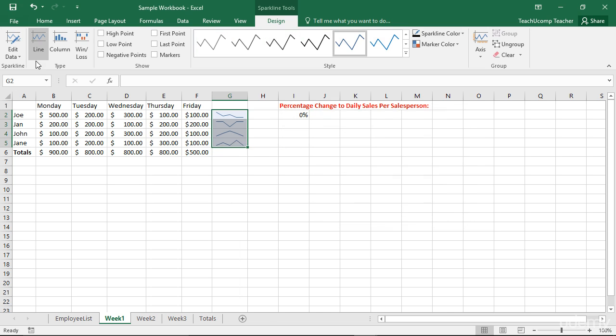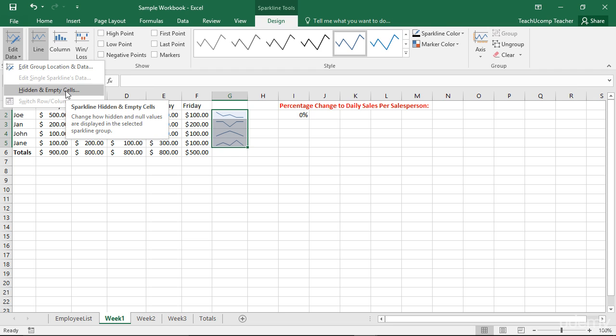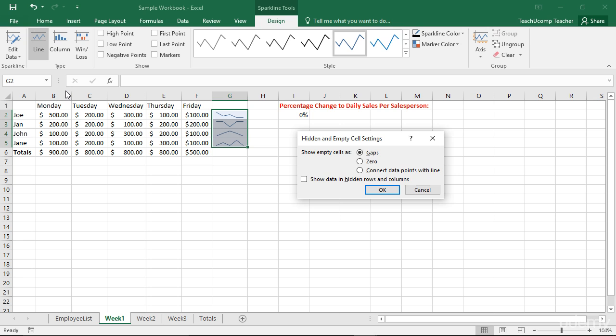You can choose the Edit Single Sparklines Data command to open the Edit Sparkline Data dialog box, where you can select a new data source for a selected sparkline, and then click the OK button to apply it. You can select the Hidden and Empty Cells command to open the Hidden and Empty Cells dialog box, where you can choose the behavior and display of hidden and empty cells within the sparklines, and then click the OK button